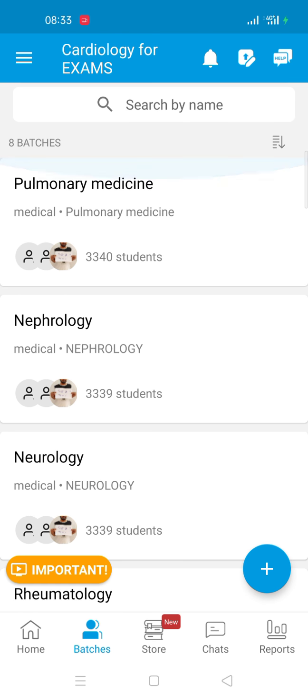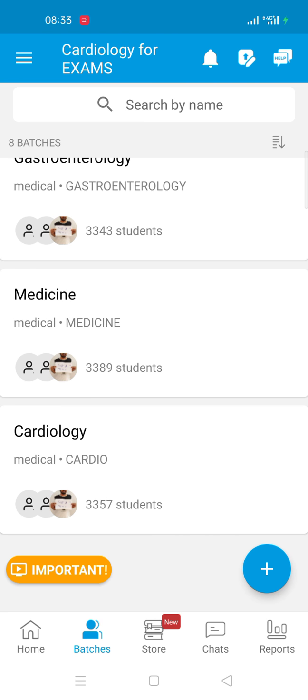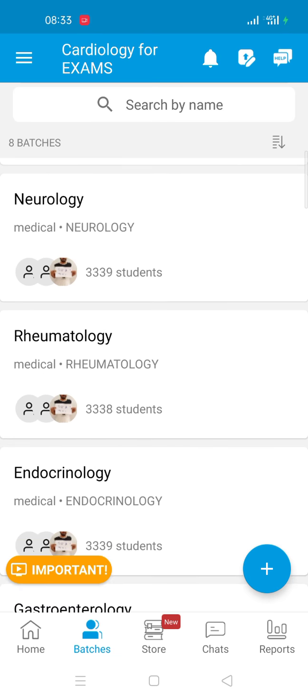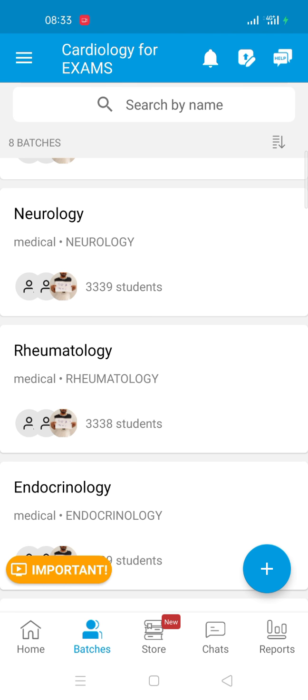The very important thing is that these are all for free. Whatever test you attempt, you will get an all India ranking and assess yourself, and these are all for free. I don't want you to get into a problem thinking that you have to subscribe to download the app. Subscribing is just putting in your mail ID and entering the OTP that comes to you. Otherwise it doesn't ask for any money.